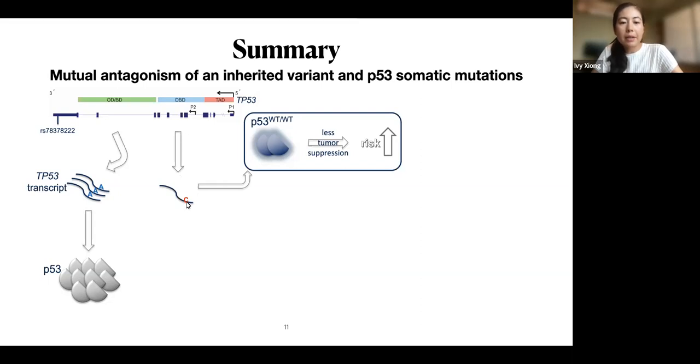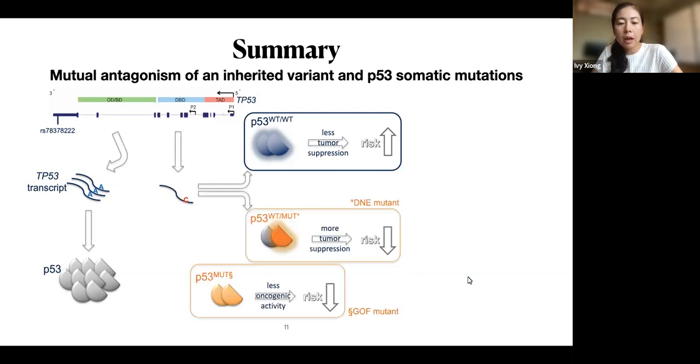However, if you carry the C allele, you end up having a lower level of PP3. If PP3 is wild type, that means we have less tumor suppression, therefore increased risk. However, if somehow the tissues have mutated PP3, that would actually decrease risk by reducing this kind of oncoprotein